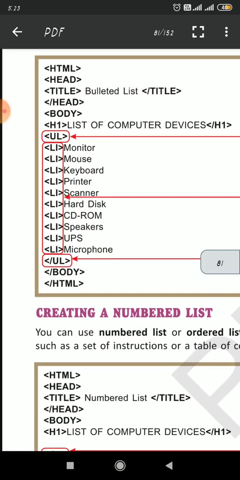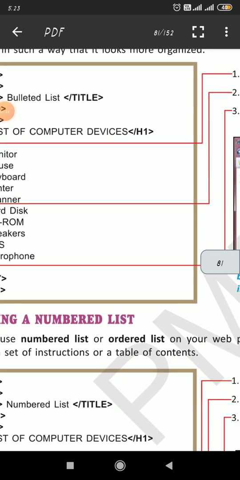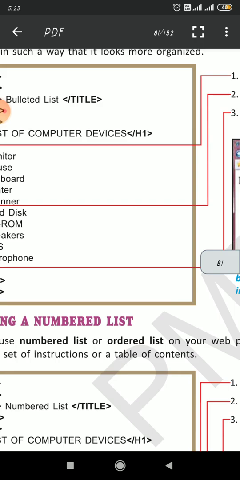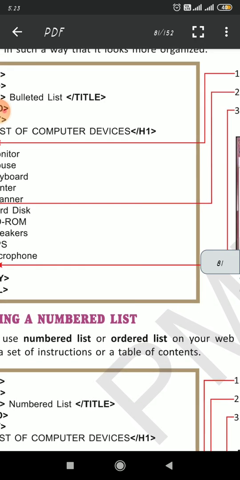In your text editor, the UL tag is used for an unordered list and LI is used in front of the list items.